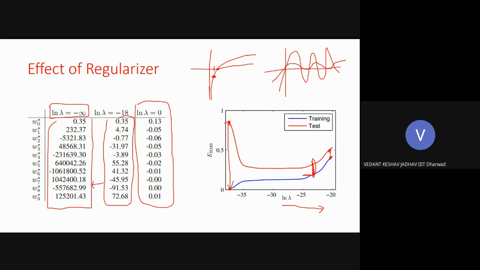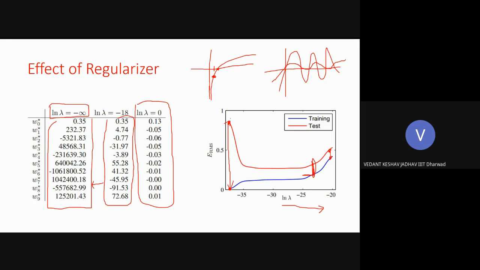So are these values fixed or is this for any particular set? No, this is just for the same example we had taken. We used a data set from a sinusoidal wave, and there were 10 data points. This graph is for different lambdas: they tried to fit the model for every lambda and plotted it. And once they plotted it, they found that the generalization keeps improving the more regularization you do. But more regularization will result in a less powerful model.